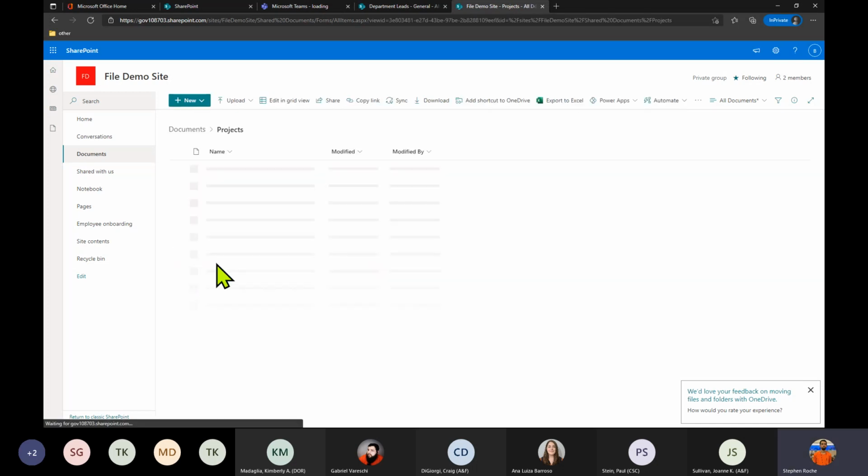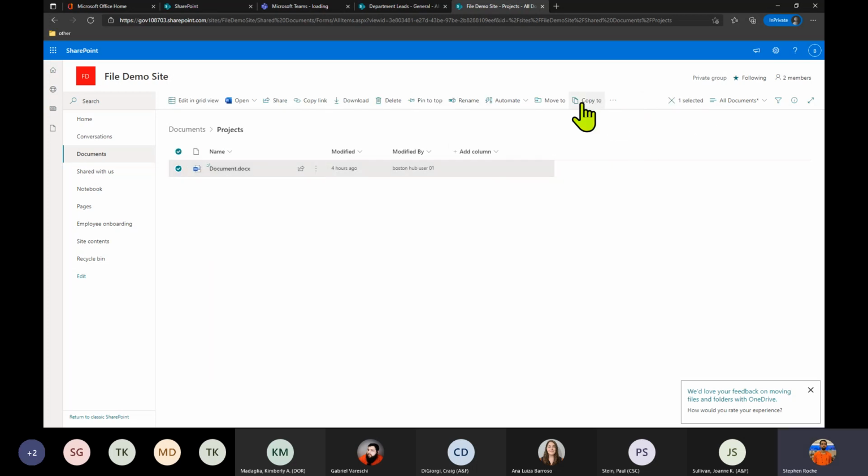Now, the other option, and it's just not showing on this bar because I'm zoomed in, is the ability to copy to. There it is. Now, copy to does the same itemization that move to does, except it does create that separate copy of that file. So again, you're duplicating that file, so they're not going to sync,